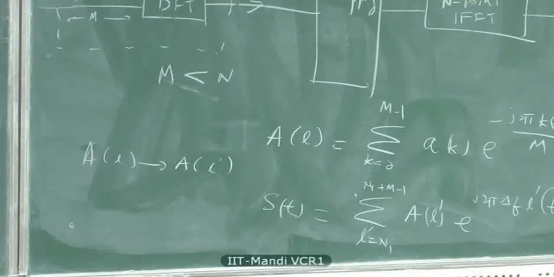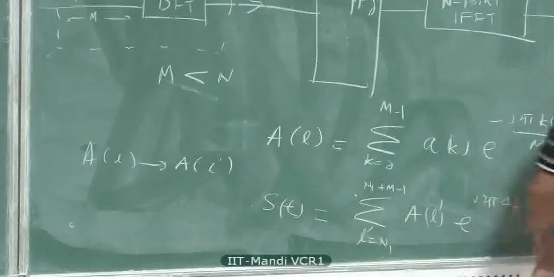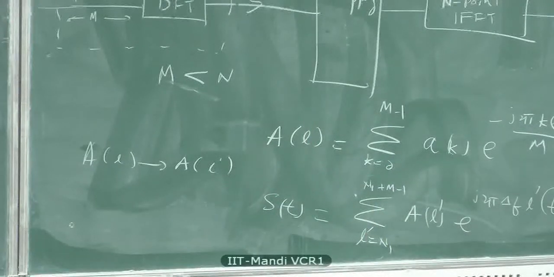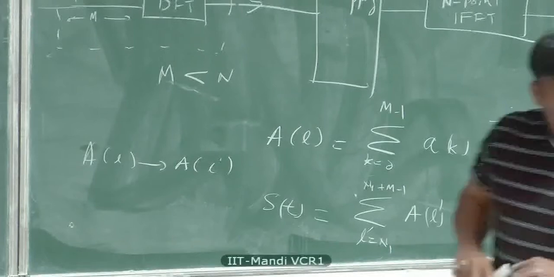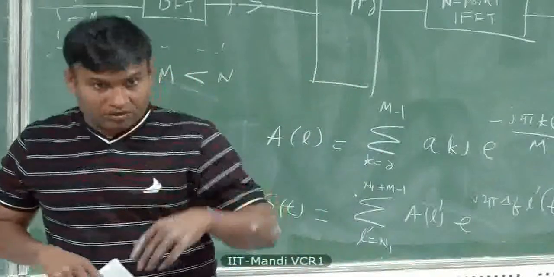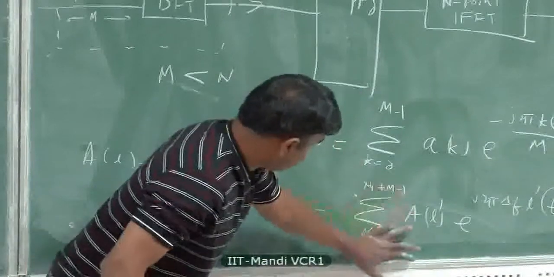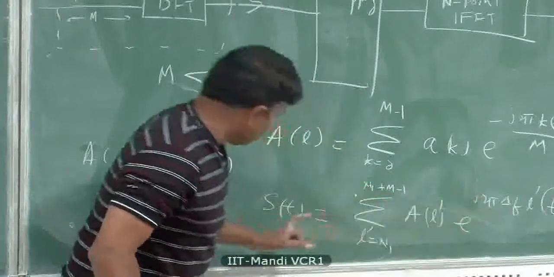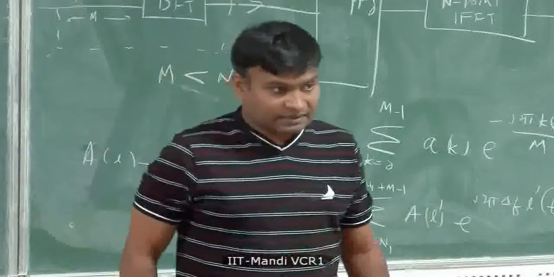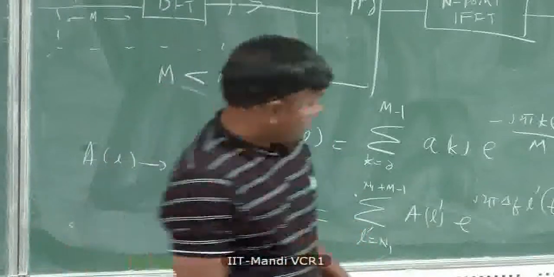Okay, now we ask ourselves the question, how is it related to the original single carrier transmission? We can show that right away. We'll make some simple assumptions. Let's drop CP for the time being, and I'll assume N equal to M. So I'm going to load it fully, all the tones, N equal to M. And then take this equation, substitute it here, and do some manipulation and write S of t in an alternative form. Okay?